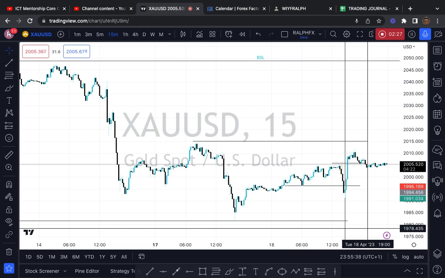The sequence of these wins and losses are not the same, but over the large sample size of 20, we're meant to come out with a positive outcome, right? And that's really what it's about, right? I know that okay, after 20 trades, I should have a positive outcome, right? So we've taken the 19th trade, we have 9 losses, 10 wins, and then the last trade is either going to put us at 10 wins and 10 losses or 11 wins and 9 losses, right? So it's very, very exciting to see that.